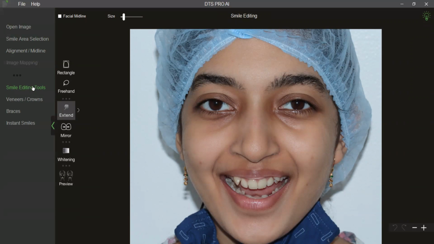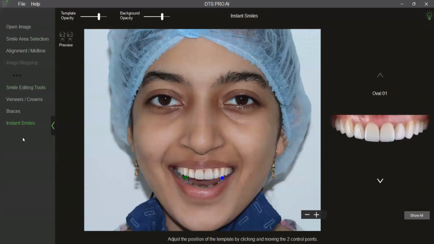So now there are 4 screens on the software, as we just discussed in the initial part of the webinar, that we will be dividing the entire functionality into the patient motivational part and a digital treatment planning part. So the easiest and the quickest way to do a simulation is using the function called instant smiles.